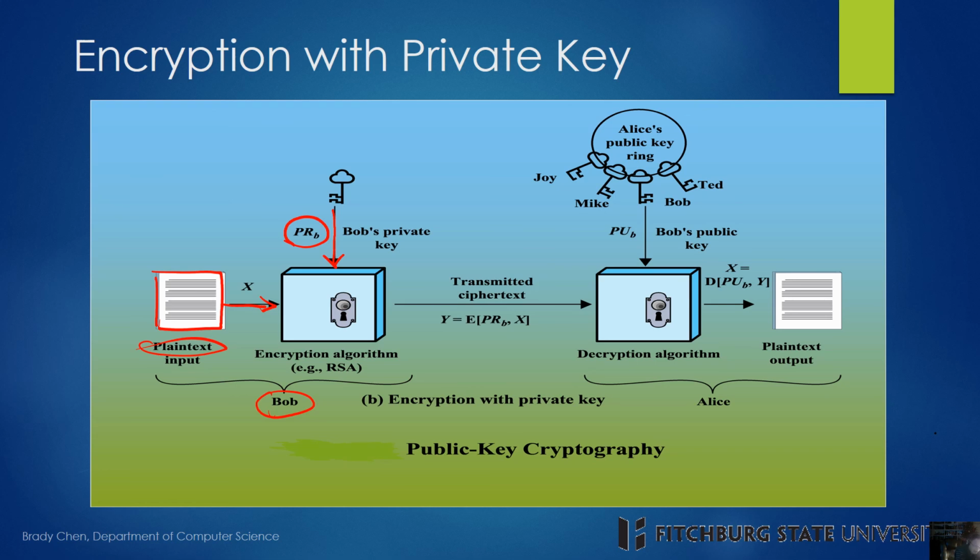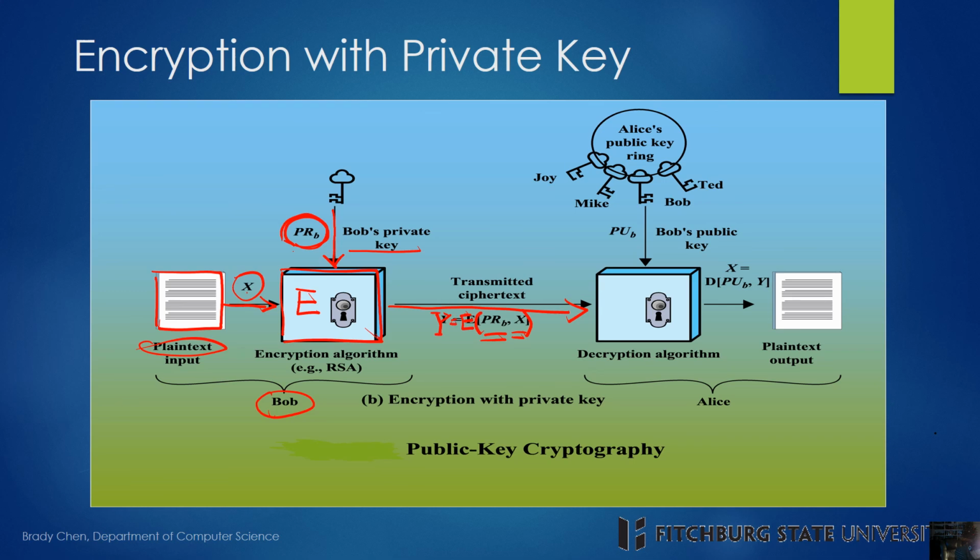Okay. Now this is another scenario. If Bob encrypts the message using Bob's private key. Okay. So Bob's private key and X are encrypted using the encryption algorithm. Now this is going to generate a ciphertext. So the ciphertext is generated using the encryption algorithm, or if we interpret this encryption algorithm as a math function, it's the function E, and the parameters the function is going to need are, first, the plain text, and second, the private key of Bob. So Bob uses his private key to encrypt the plain text,